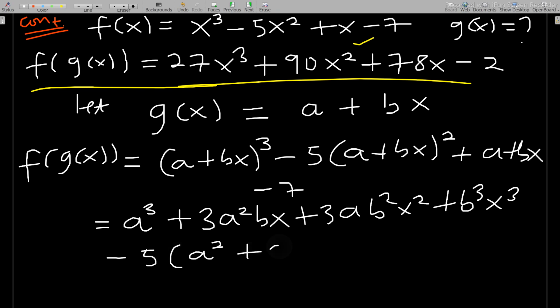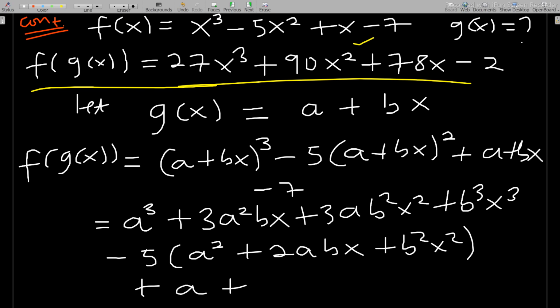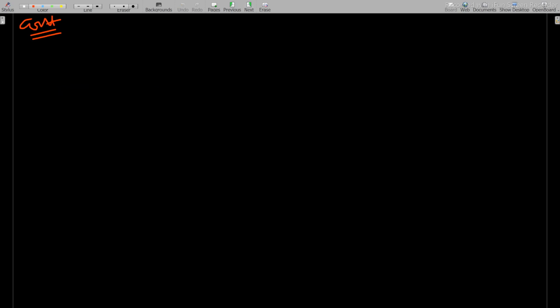I'll get a squared plus 2abx, plus b squared x squared, then plus a plus bx minus 7. So this is what we have. I have to simplify this. This is very tedious but simple question. Okay, it's very, very simple. Now with what we are doing, f of